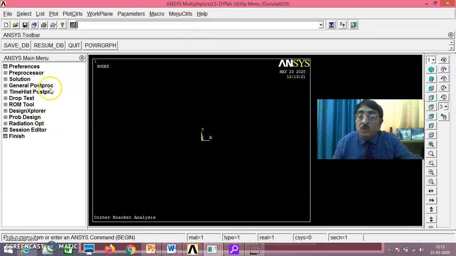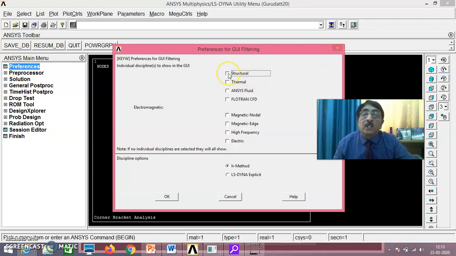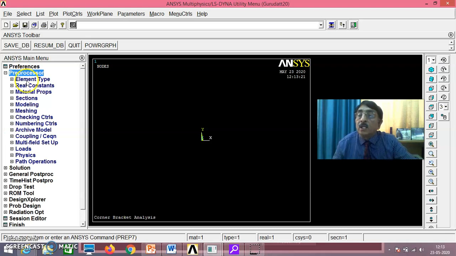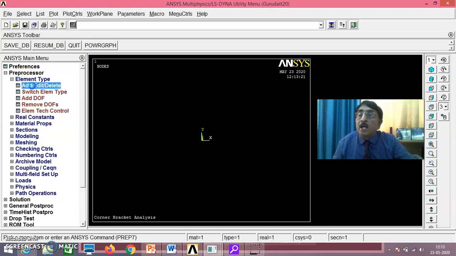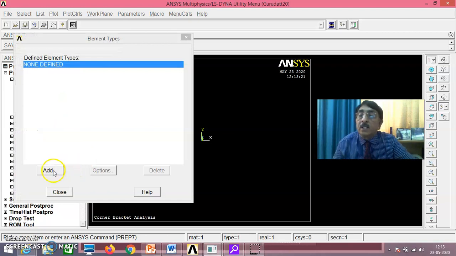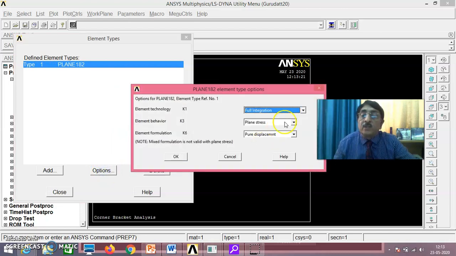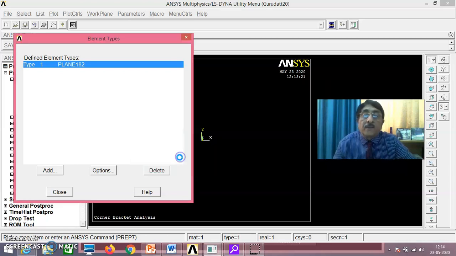Now once you do this, you go to Preferences, Structural, and say okay. Then under Preprocessor, Element Type, Add/Edit/Delete, Add, then Solid, Quad 4 node 182 you take, then Options, Plane stress with thickness, then say okay.